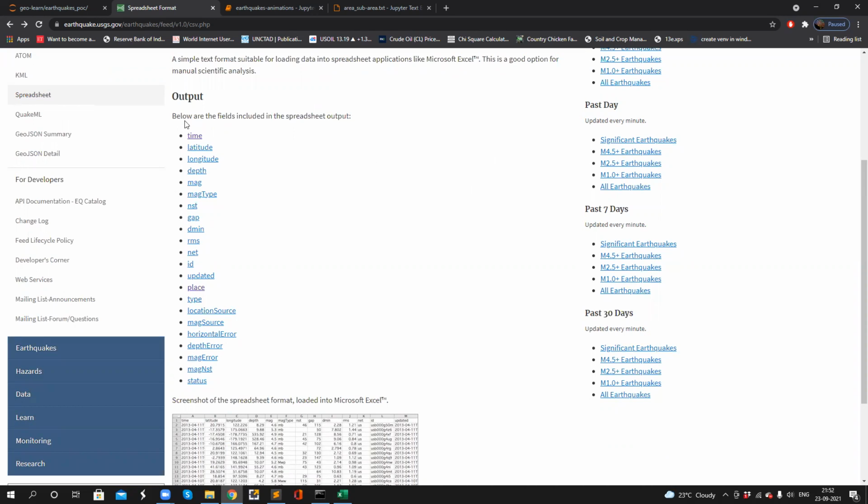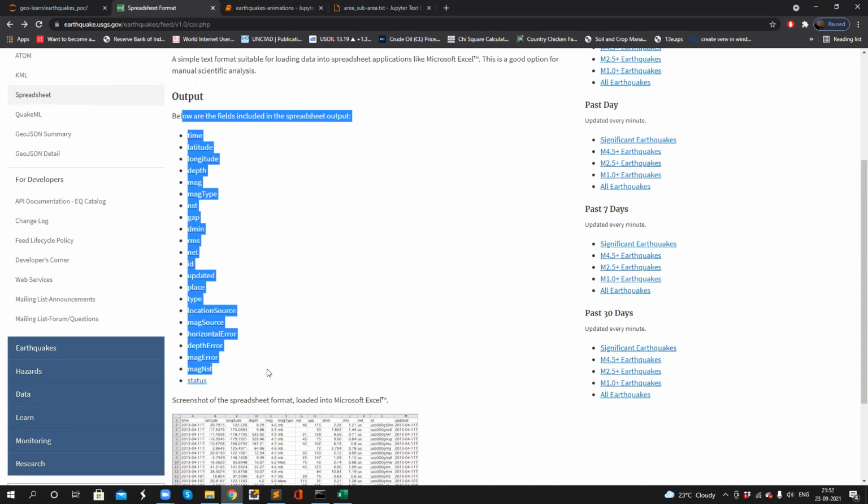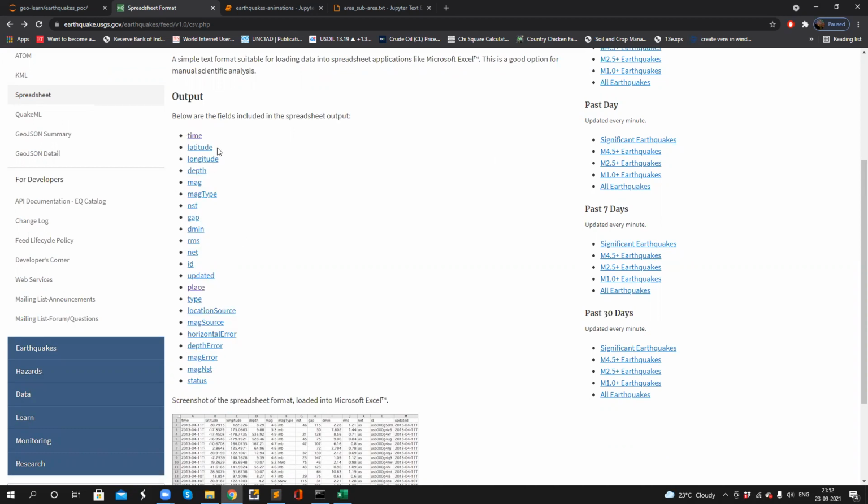Here we have the columns of the data. We can see we have time, latitude, longitude, depth, and whatnot. We also have place, wherein we can highlight the place area to see all the earthquakes.